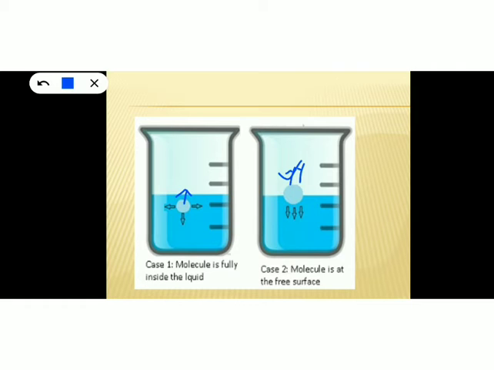So that's why surface energy is experienced only by the molecules on the free surface, because the molecules on the free surface have to do some external work in order to overcome the downward pull experienced, and this external work resides in the form of potential energy in the molecule on the surface. This energy is called surface energy.